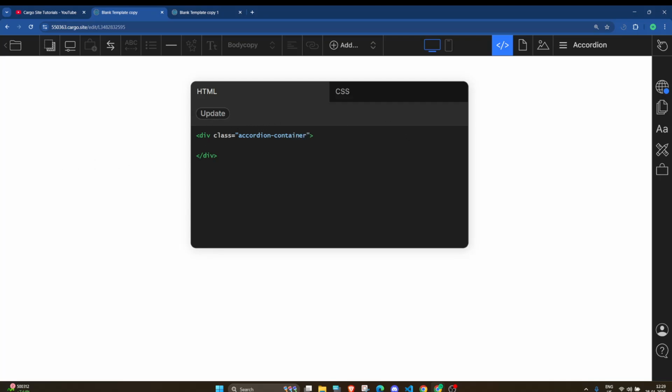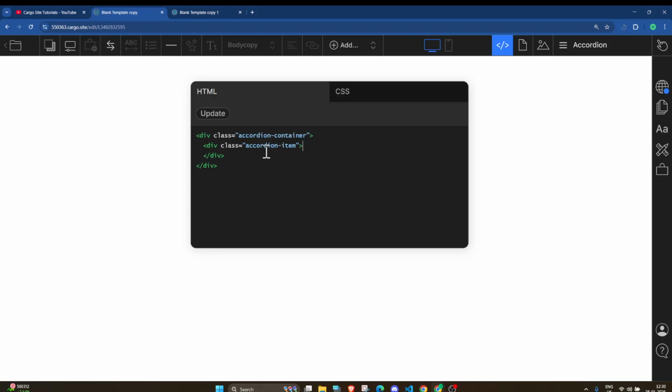In a similar way, I will add another div here. Here you can see that I have created one more div, and I will give another class which is accordion item. So we have two divs now.